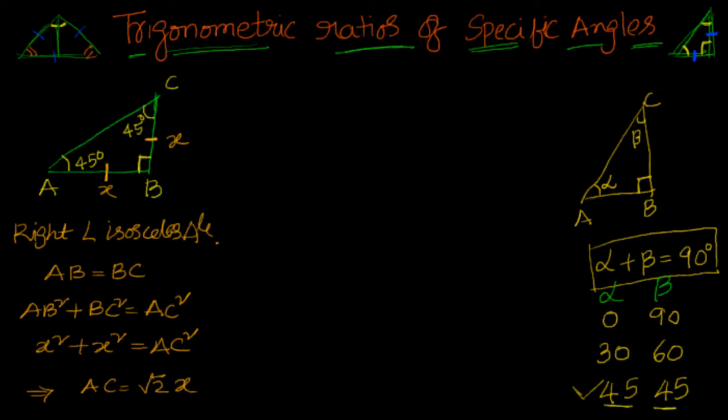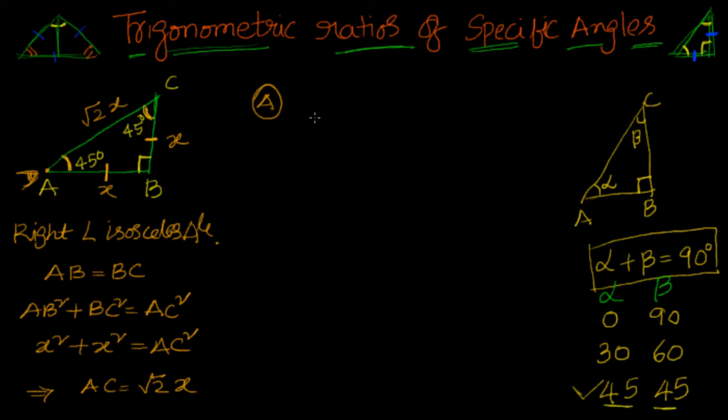So I will straightforwardly go ahead and substitute here square root of x. See here, now we have everything. Now let us look anywhere you can look, right? Because it's 45 degrees only, it doesn't make any difference. So let us look from A's perspective. Okay, we are at A. My eye is at A. How does my eye look from here? I am looking from here. If I look from A, what is my opposite?